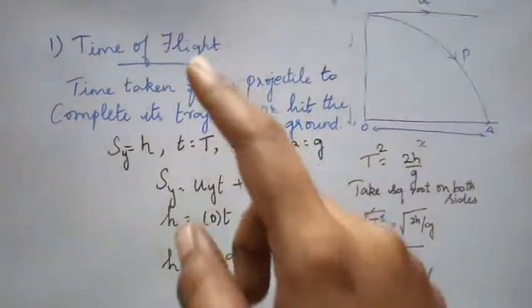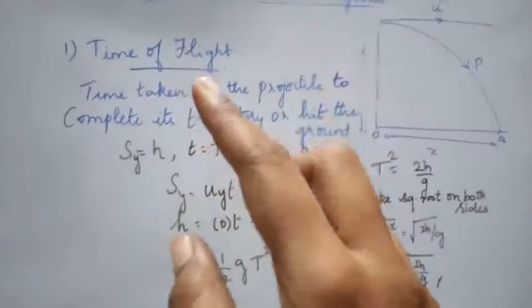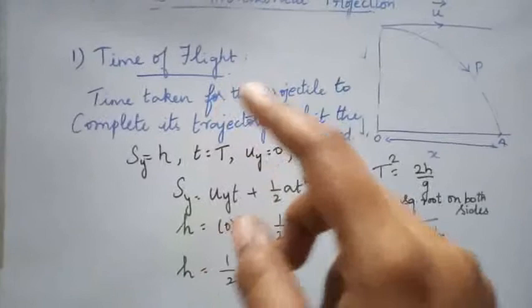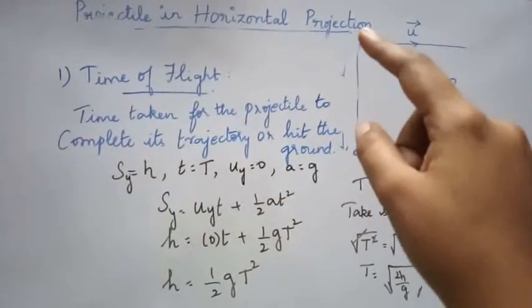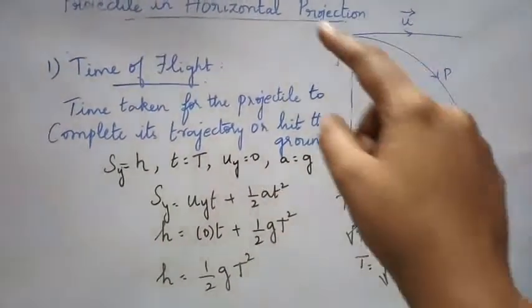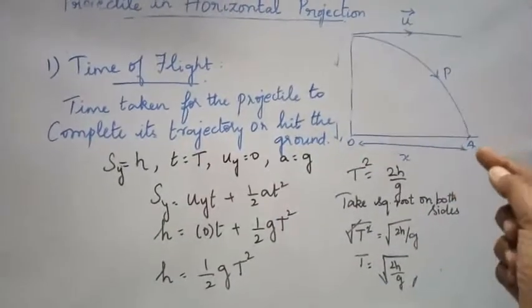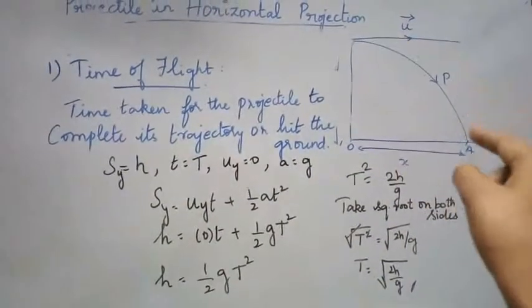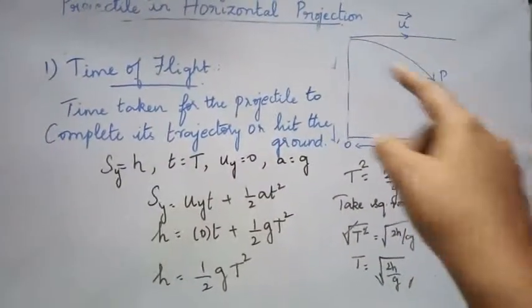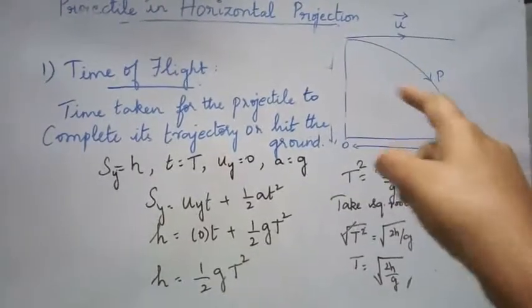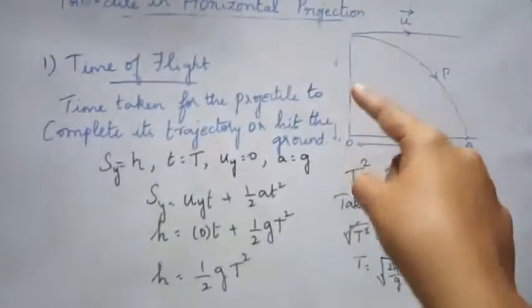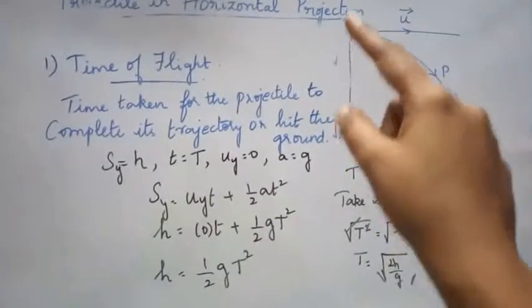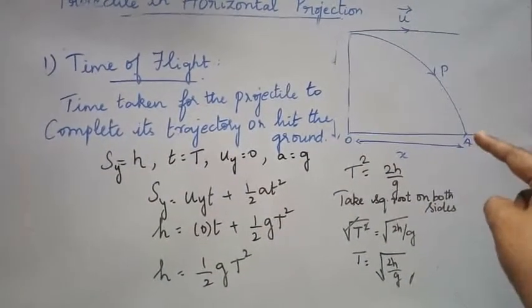As you know, what is time of flight? Flight is the flying time, right? When the object drops down from any point, it takes some time to reach the ground. It is flying in the middle part. How much time it has taken for this flight is called the time of flight. Or else you can also say, the time at which the object has dropped down and hit the ground.